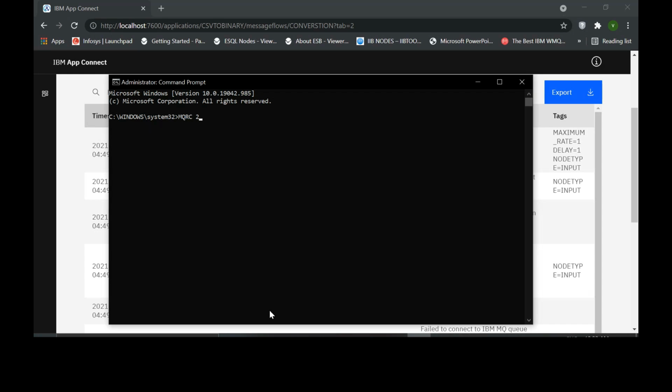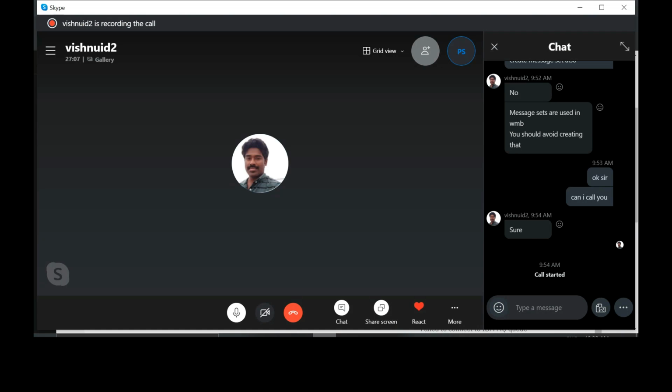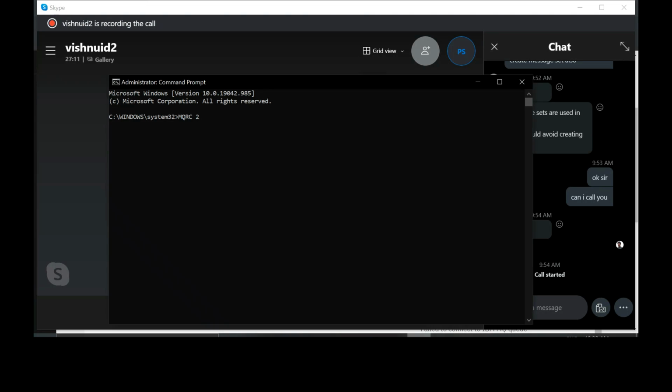This is the number that we saw in the activity logs. Enter. It says your application is not authorized.